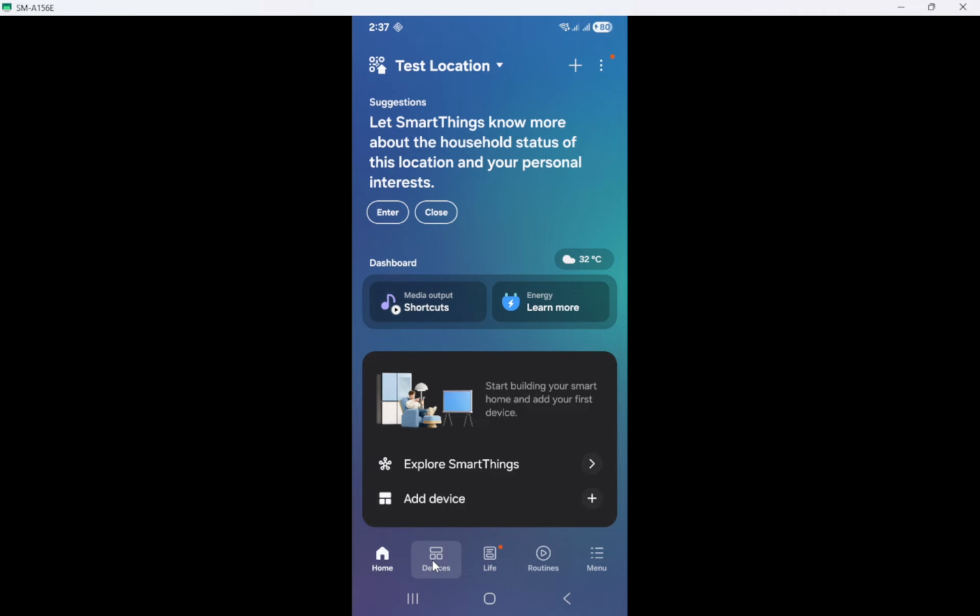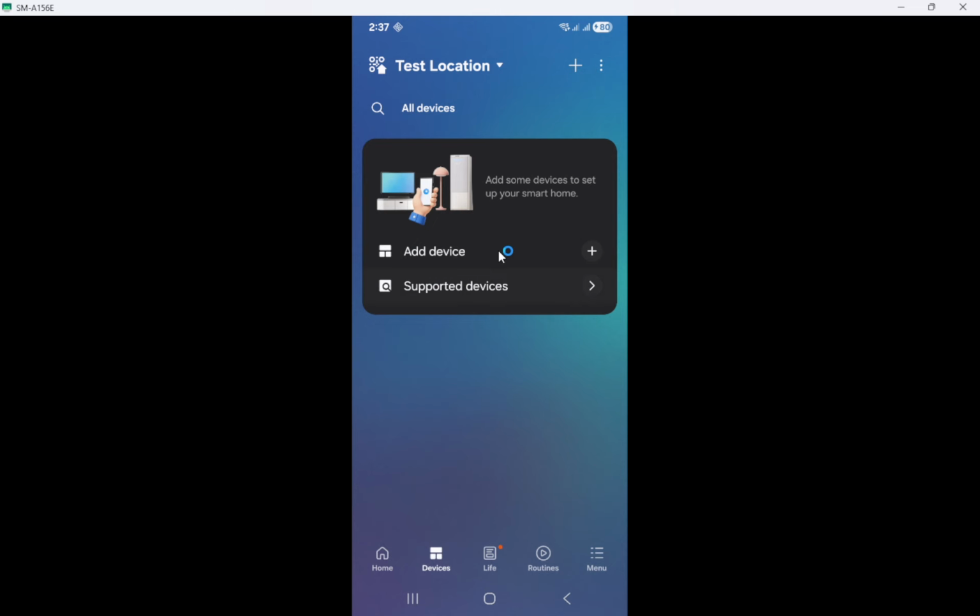To get started, open the SmartThings app on your Android phone or iPhone. If the app asks you to sign in, go ahead and log into your Samsung account before continuing. Once you're in, you'll be ready to access your home setup. Next, tap the Devices tab at the bottom of the screen. This is where SmartThings shows the devices connected to your home, and it's also where you can manage the way everything is organized. If you already have rooms set up, you may see a room name near the top of the screen.